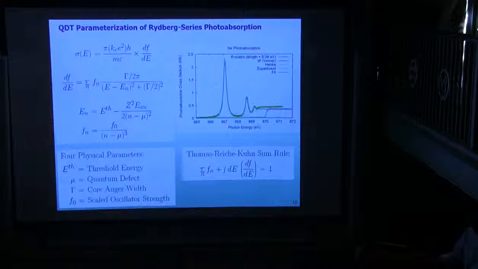Well, I'd like to talk a bit about how we characterize atomic photoabsorption. If one analyzes the actual R matrix output data, the scattering quantities, and applies multi-channel quantum defect theory, you can show that a complicated resonance series can really be parameterized by just a few numbers. These numbers even come out of R matrix calculations.